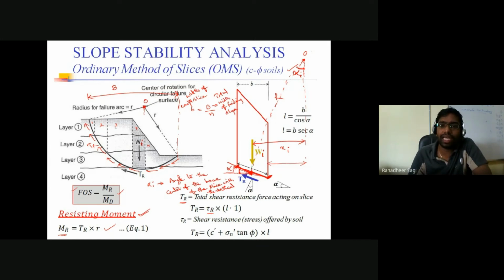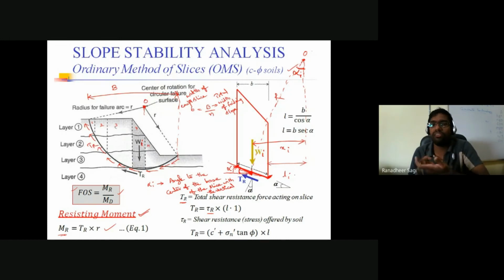So how much is the area available at the base of that particular slice? We approximated the base of the slice by means of an inclined line instead of considering it to be a curved line. So we are approximating by means of a straight line. Here in this case, it's an inclined line. If I know the dimension of the inclined line, and in this direction, we always assume one unit dimension perpendicular to the screen. So if I can calculate the L value of that particular ith slice, then my job is almost done.